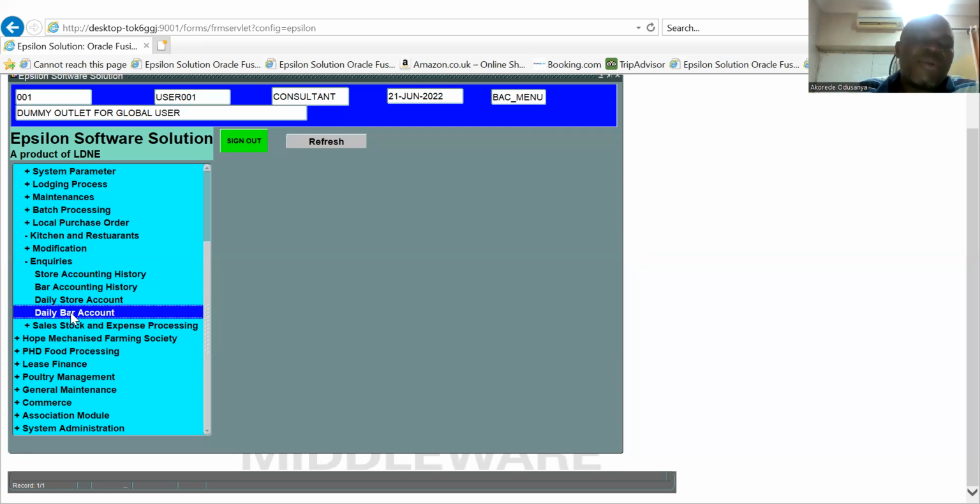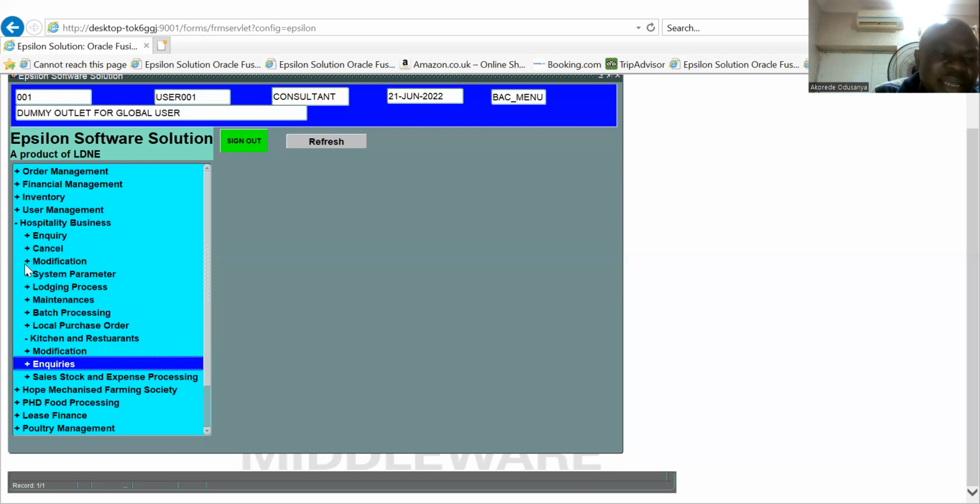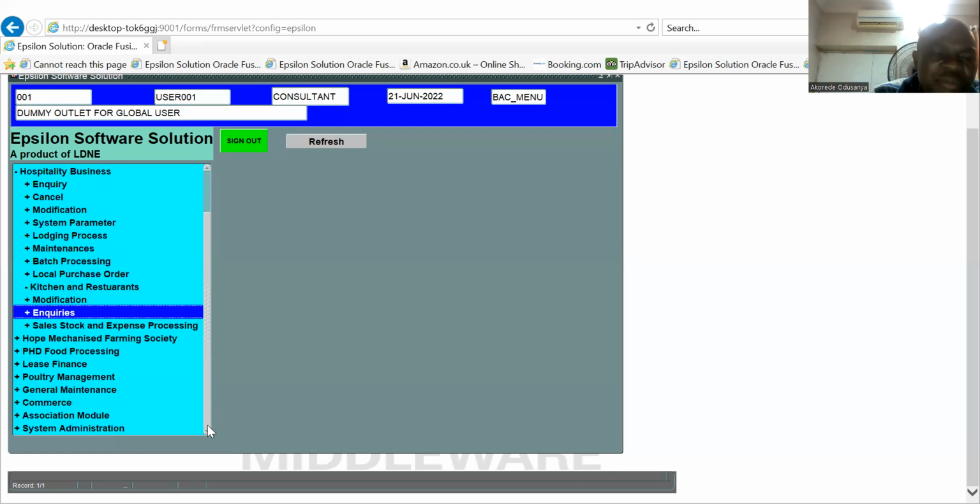So what we'll be saying is, what are the sales made against what are the supplies received? Then you'll be seeing what you open with, the sales made, and then what you close with. On a daily basis, you don't need to do your manual calculation, the system will give it to you. All you need to do in the system is check which one is not correct so that you know where you went wrong. But if everything is fine, you don't need to do manual balancing. The system is doing the balancing for you. That is only 4 items we have under that inquiry for kitchen and bar. Now let's look at these items